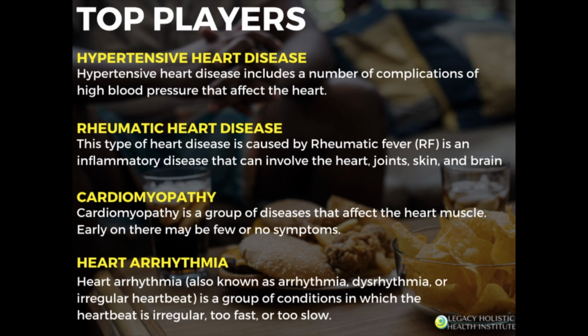Heart arrhythmias. Heart arrhythmias are also known as dysrhythmias, or irregular heartbeats. It is a group of conditions in which the heartbeat is irregular, too fast, or even too slow. When this happens at the level of the heart, it makes the heart actually quiver inside of the chest other than just effectively beating to get blood out to the entire body. When the heart starts to quiver inside of the chest, the heart has ineffective functioning for the rest of the body. As a result, very little blood flow is able to get to the brain and to the other extremities.